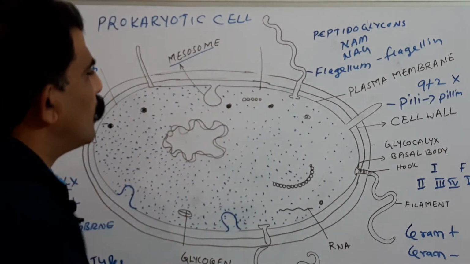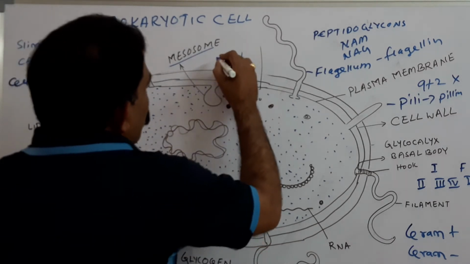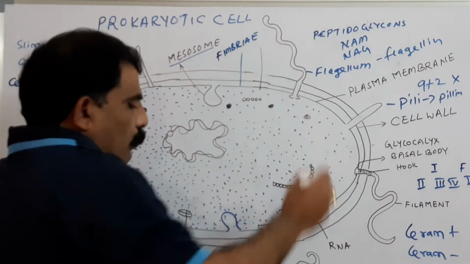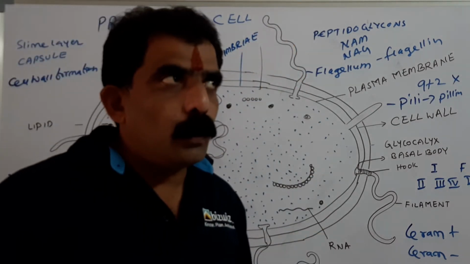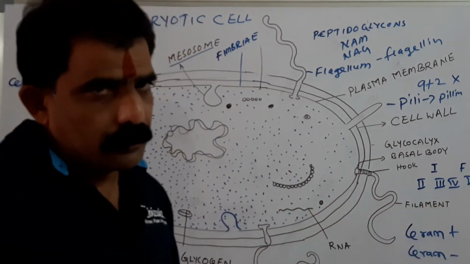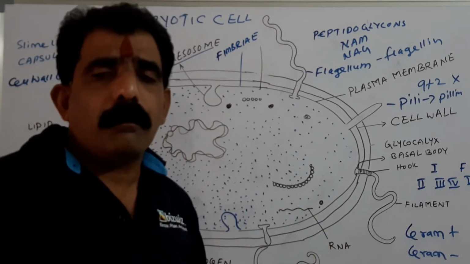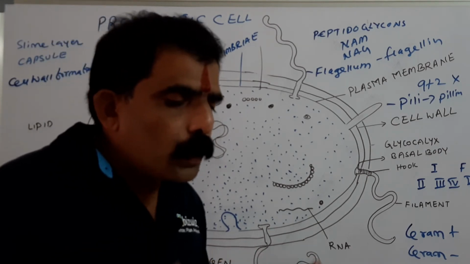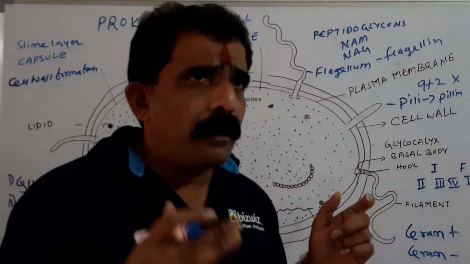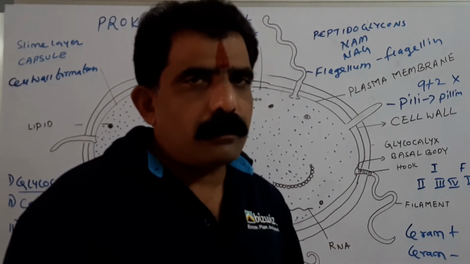That is about pili. One more type is called bristles, actually, they look like bristles. They are called fimbriae. Fimbriae are also a type of outgrowth which look like bristles. These are useful to attach to rocks or to attach to the host. Most of the bacteria are pathogenic, parasitic. They feed on the host tissue. They attach to the host tissue with the help of fimbriae. Like this: pili, fimbriae, and flagellum. There are 3 types of outgrowths.